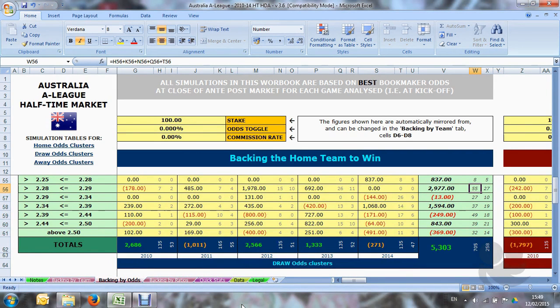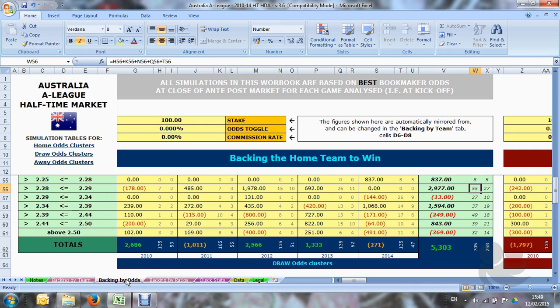Right, I'm now going to demonstrate how to calculate the inflection points of any of the bet types. In other words, the point in the odds at which profits turn to losses or losses turn to profits. In other words, the watershed point. In order to do that, we're going to need to amend some of the information in this table, so we'll